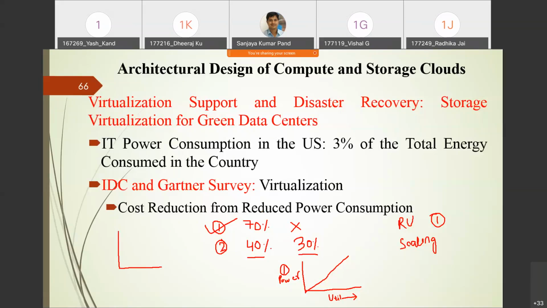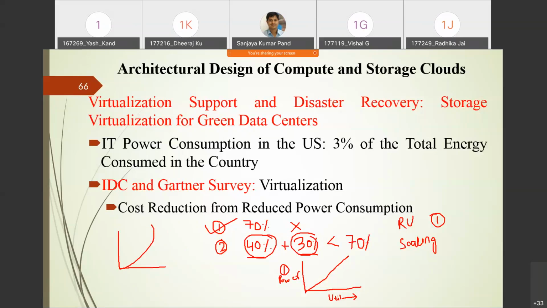But what happens if this curve is exponential, or something which is not linear? In that case, the energy consumed by a 40% server plus the energy consumed by a 30% server, if you sum it, is less than the 70% server.